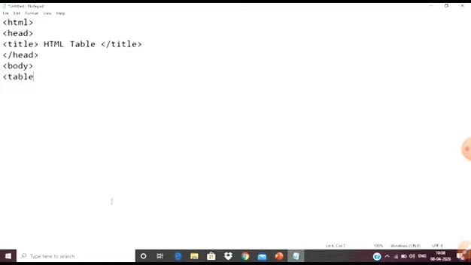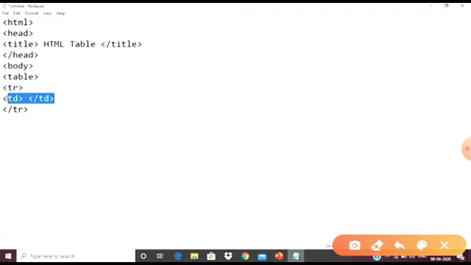Now you can understand it better. Then we open the body tag, which is a container. Whatever you want to show on your web page, we put within the body tag, opening and closing. As we are going to create the table, we start with the table tag. You can see, student, this is where it starts, the table on the web page.